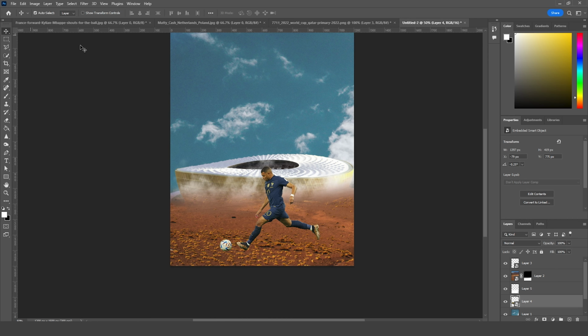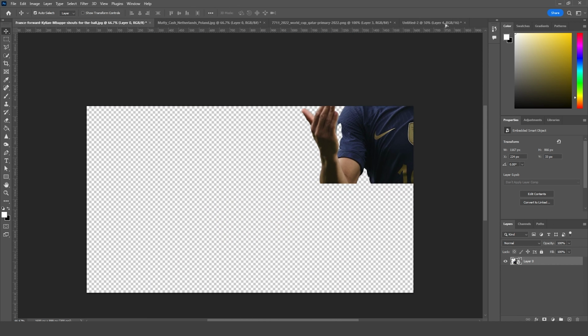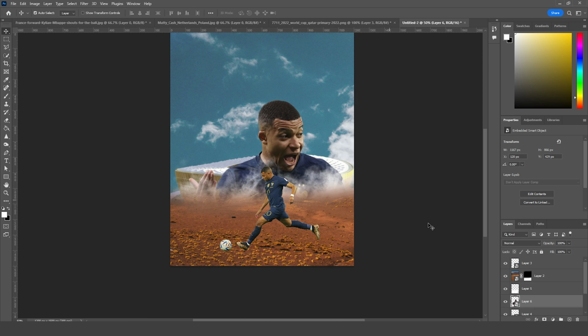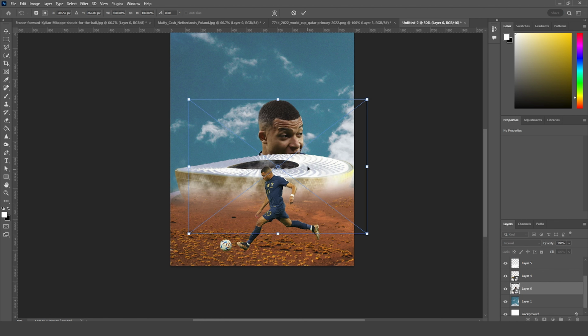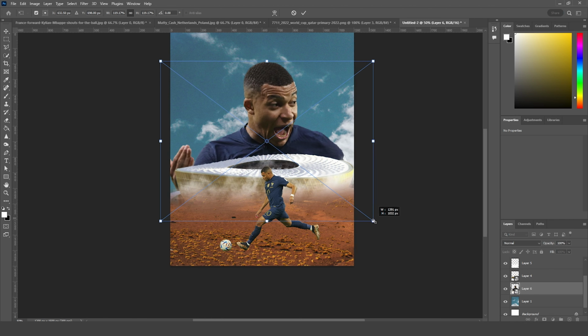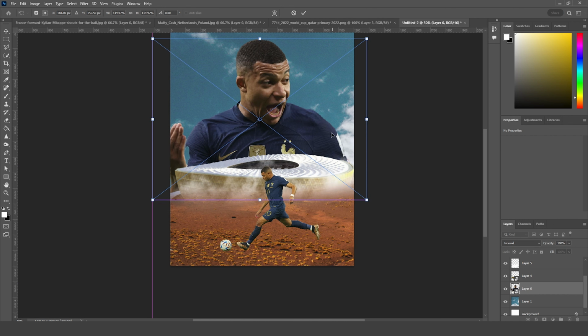And let's go for another image. Yeah, this one, and let's drag and drop right over here, and let's keep it all the way to the bottom. Ctrl T, let's make it a little bigger. Yep,